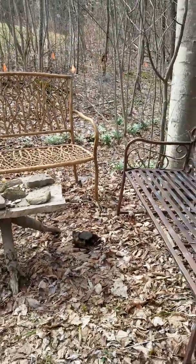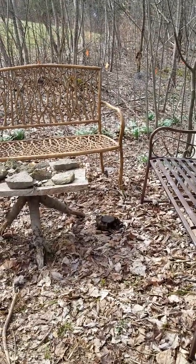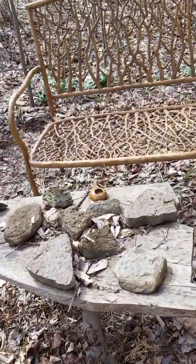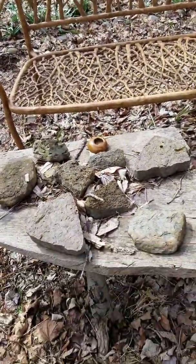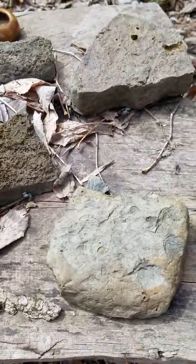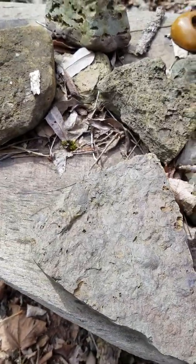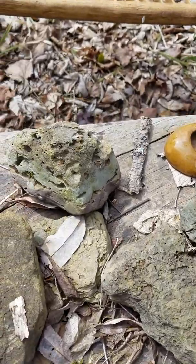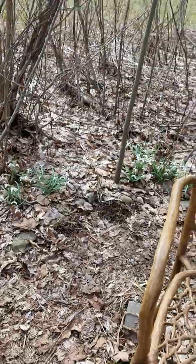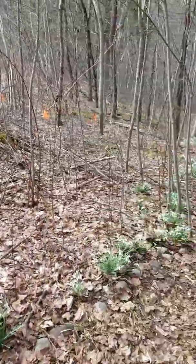Here are the benches that we sit on when we're viewing the falls from here. On this little table, I call these my table of curiosities. Most of them are fossils that we found on various spots on our property. And we go around the bench, and